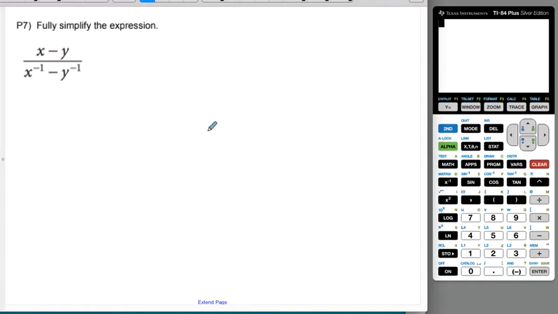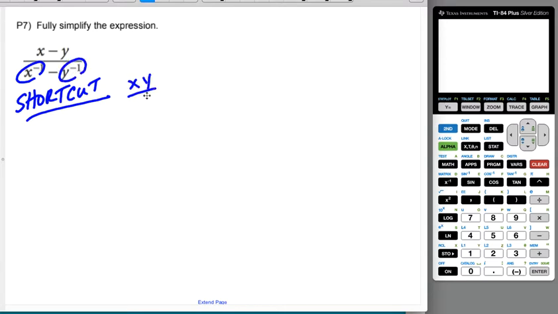All right. Last one, same idea. Again, there's two ways to do this. I think the faster way is to note that shortcut. So you can pause me if you want. I'm going to go ahead and do it both ways real quick for you. So the shortcut is to multiply by the thing that would get rid of an x to the negative first and the thing that would get rid of a y to the negative first, which is x to the first, y to the first over x to the first, y to the first. If we do that,